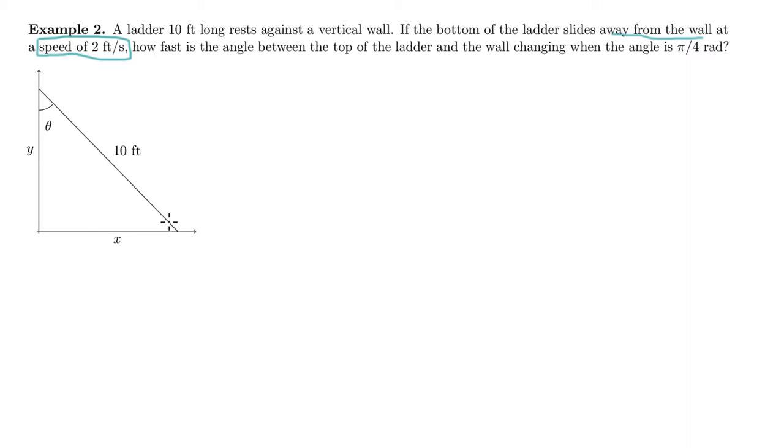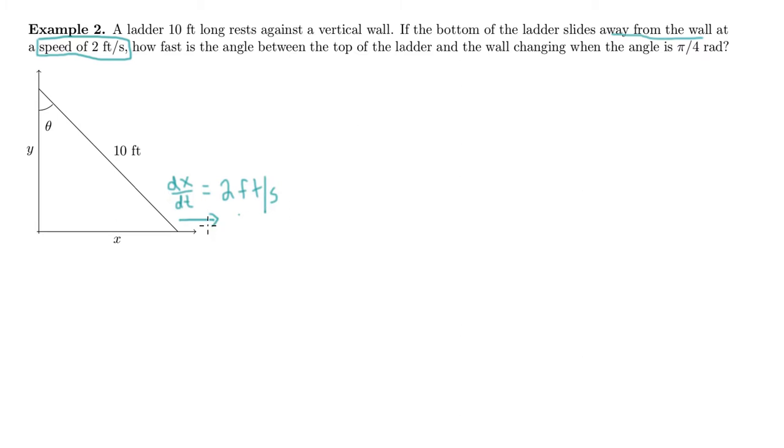And the direction is really important here because it says the bottom of the ladder, which is right here, is sliding away from the wall. So what this is telling me is dx dt, the rate of change of the distance from the wall to the end of the ladder, is 2